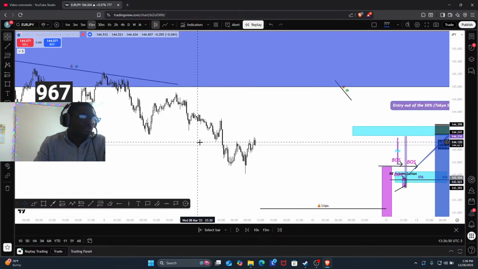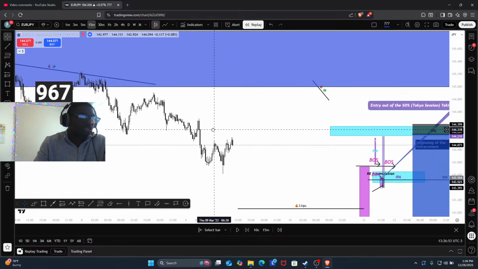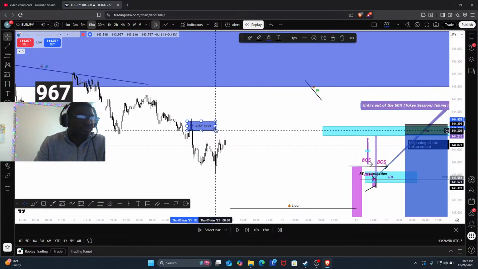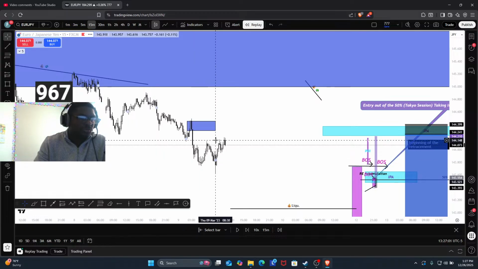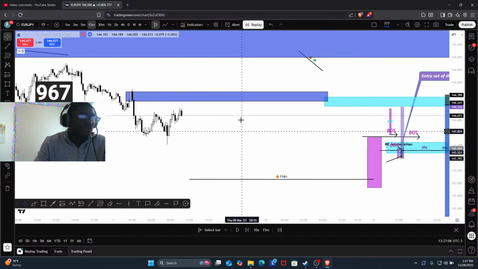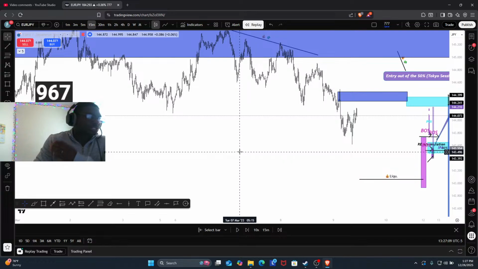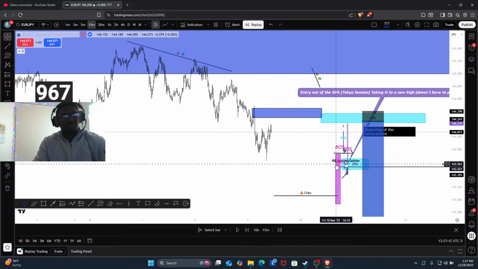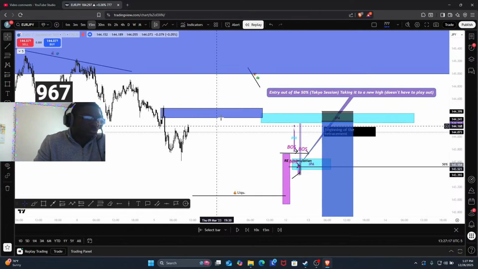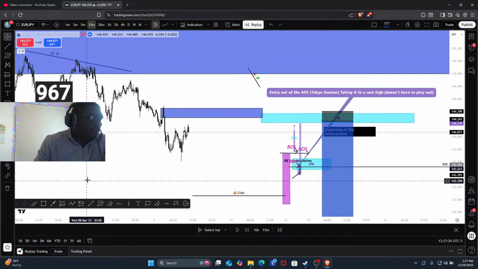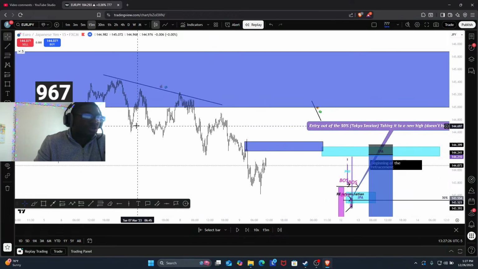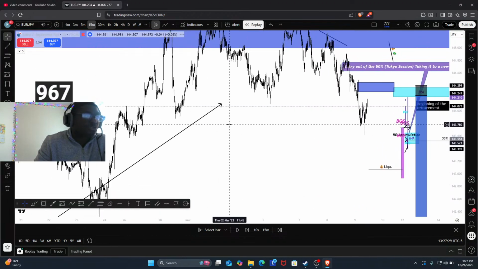Let's go down 15 minutes. Well, this is an interesting area. Major push before that, right? But the thing is, we had to look and wait for structure. So let's be real, right? Ignore all this before it actually gets there, okay? Let's ignore all this. We don't see it, okay? So we have liquidity here, but we have a major point of interest, which it did react. Broke structure.